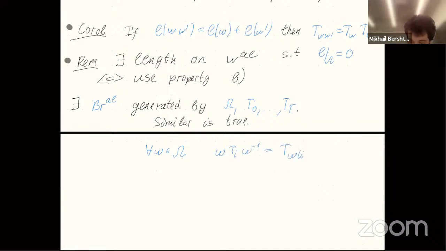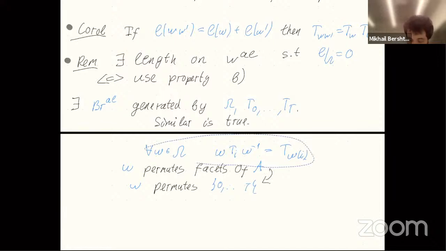Omega permutes facets of A, hence omega permutes the hyperplanes, and hence we can write this formula. This formula has